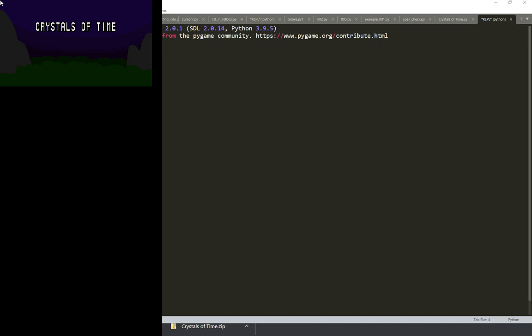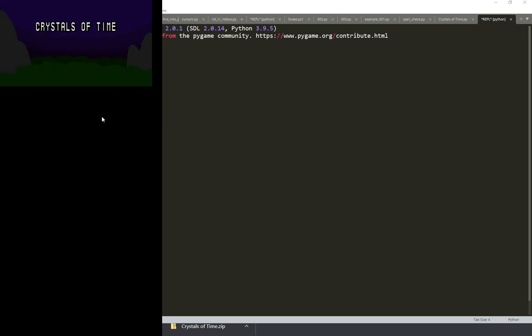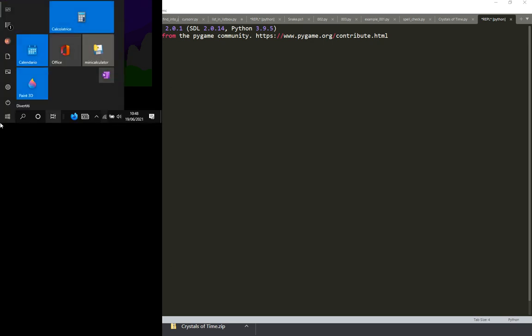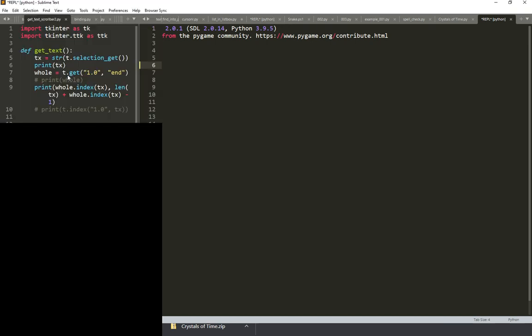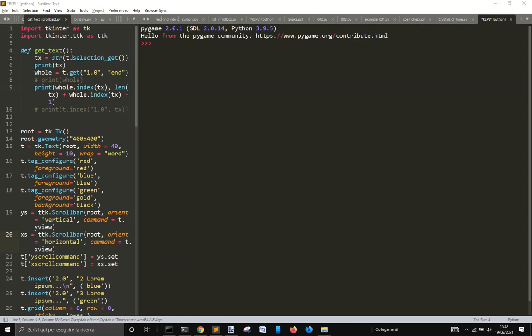Okay, so in full screen it's even better. Now I just have to find here how to... Where is the... The window. Okay, so I have to close it